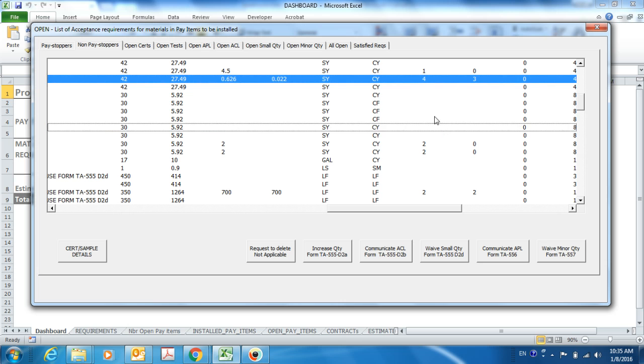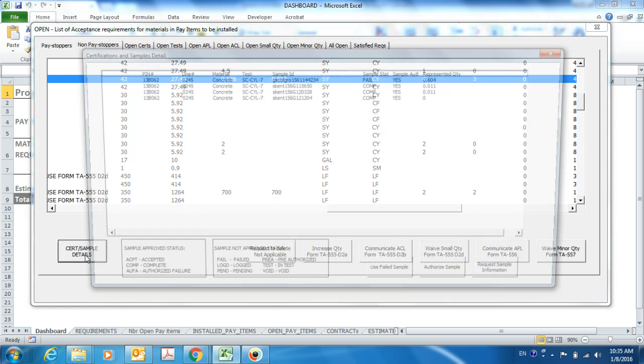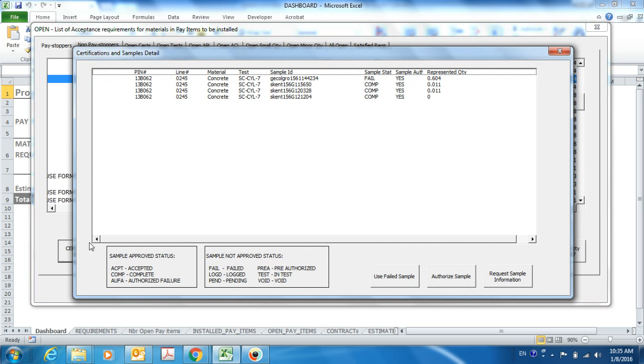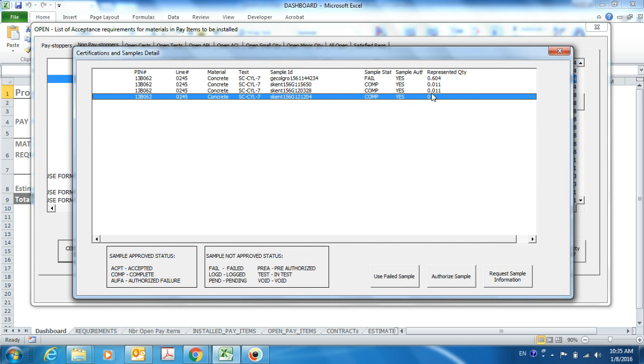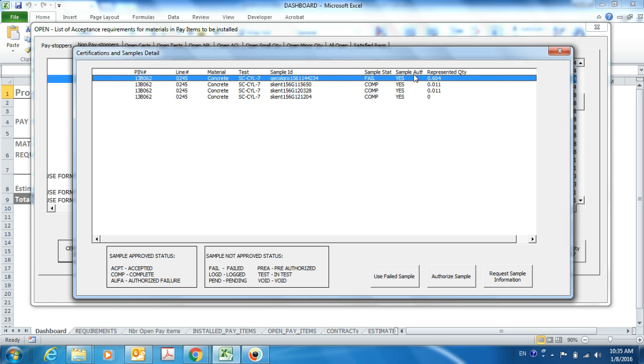So let me take that out. If you click on this button here, you're going to see certification and sample details. And here you can see there's 1 sample with 0 represented quantity. That's okay because it's complete. And this sample here with 0.6 cubic yards